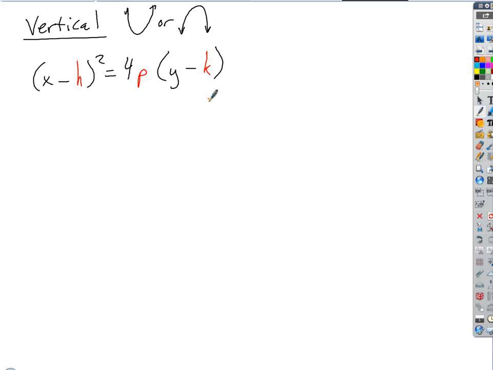Same kind of thing with a parabola. h and k represent the coordinates of what do you suppose? For a parabola, what would be the one unique point on a parabola? Yeah, the vertex, and we call it the vertex, right? So it's kind of the point of the parabola, right? And if you want to think about it in terms of symmetry,